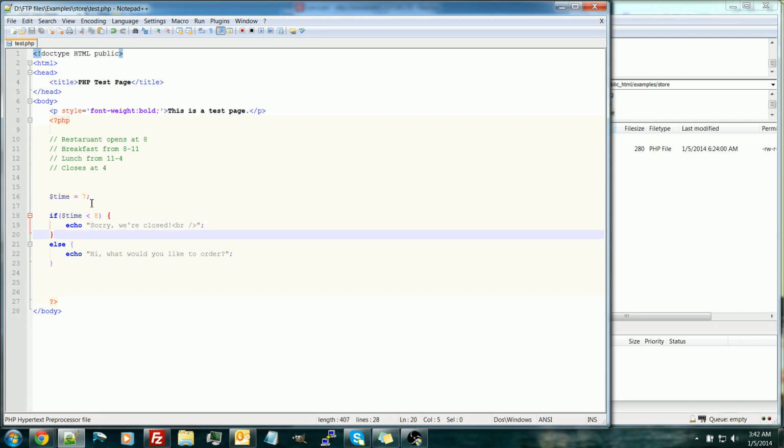When it gets to here, it takes the value in time, which currently is 7, and it goes, is 7 less than 8? Okay, yes, 7 is less than 8. Run whatever code is inside these brackets. Okay, so these brackets just note a block of code